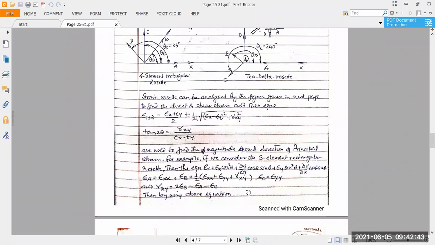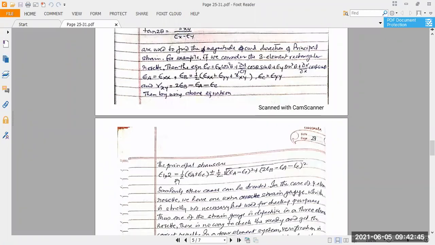Then by using this equation, the principal strain will become, we put the values of εa and εc in case of ε1 and ε2, and thus we are getting